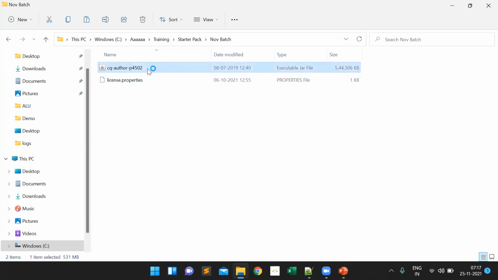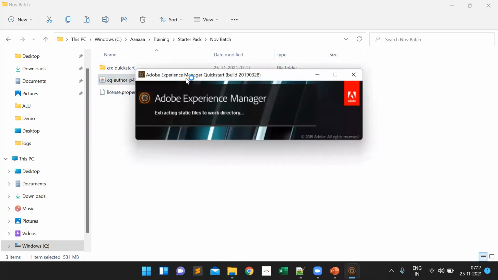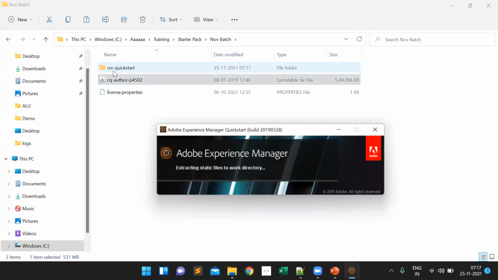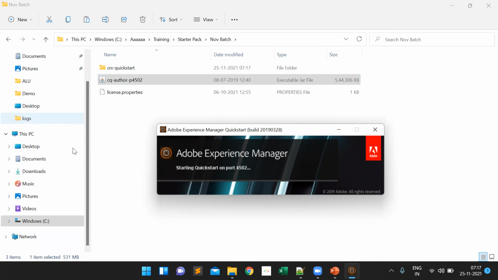So I'm going to just double click. As soon as I double click, it created a folder called CRX-quickstart, and it is basically starting my AEM instance. This is the first time happening on my system, I'm creating a fresh instance basically, so this is bound to take at least 7 to 15 minutes. So while this is happening,